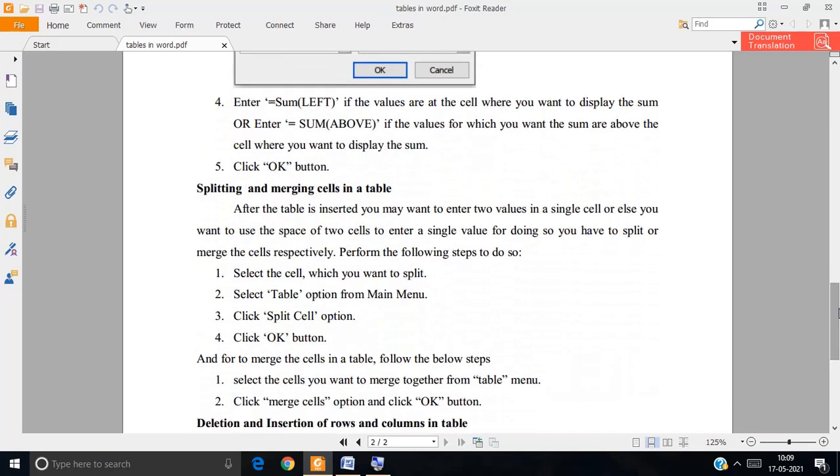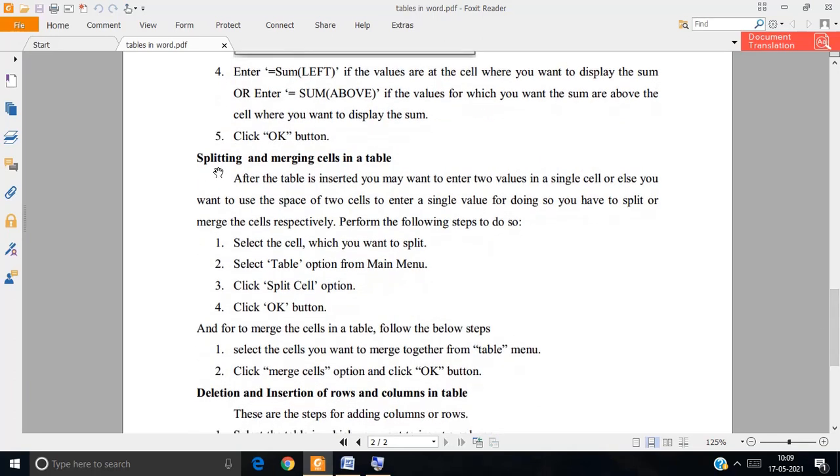Okay, and then if you want to split the cells here, splitting the cells means you are dividing one cell into another cell.